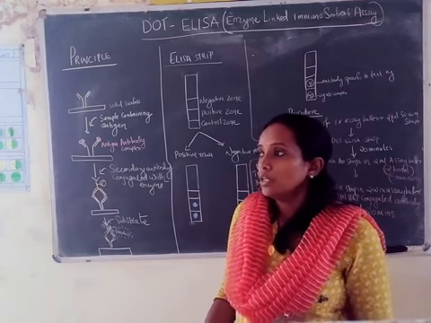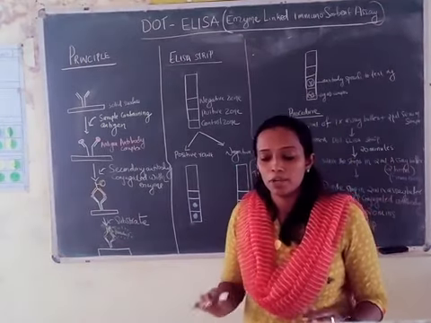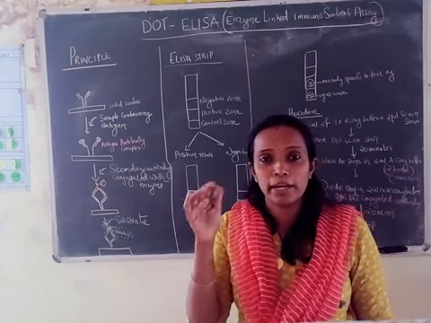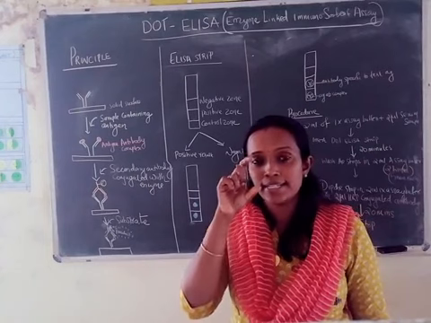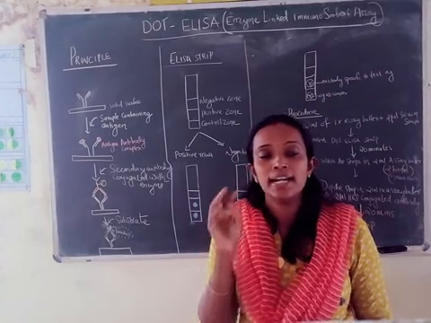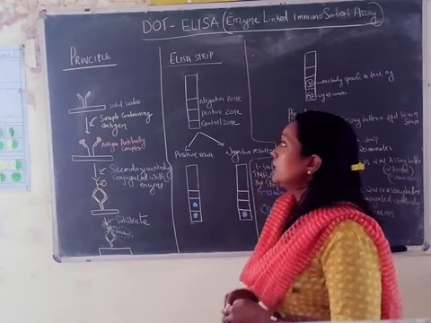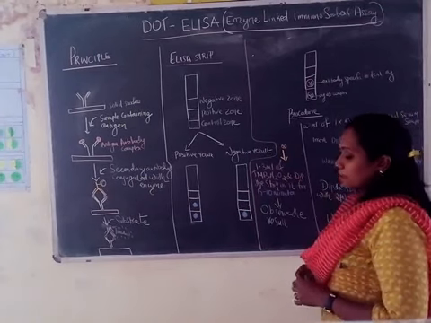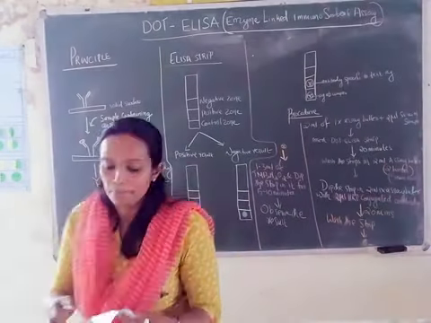Fine. Today's experiment is dot ELISA, and it is known as dot ELISA because once after doing the experiment you can see on the ELISA strip, which is made on a nitrocellulose membrane, a dot. The presence of a dot indicates that the antigen is present in the given sample. Clear? Now I'll explain the principle behind this process. Before that, I will show you how exactly a dot ELISA strip looks.